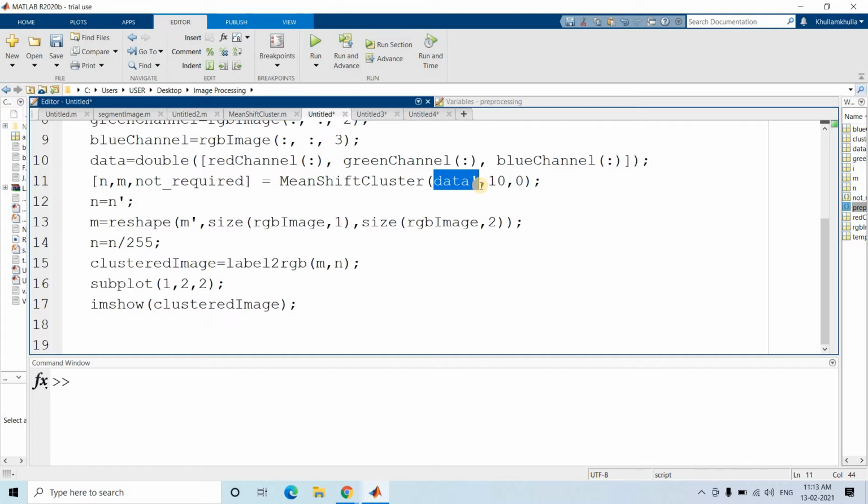But here we have to give the transpose format, because the function is written in such a way. Then this 10 is nothing but our radius that has to be considered for mean shift clustering. And 0 means we don't want to visualize the data. You can specify that if you want visualization, but we want to visualize explicitly using our own code, so I am keeping this as 0.